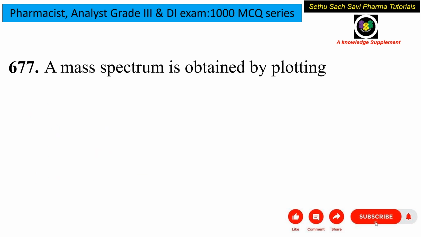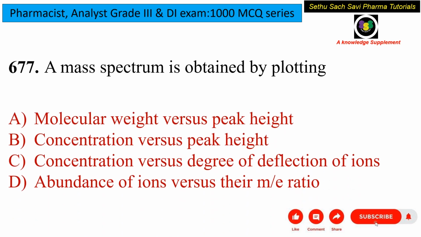Come to the next question. A mass spectrum is obtained by plotting, in MS or mass spectrometry, what we get as an outcome is a mass spectrum. So what does it contain? Molecular weight versus peak height, concentration versus peak height, concentration versus degree of deflection of ions, or abundance of ion